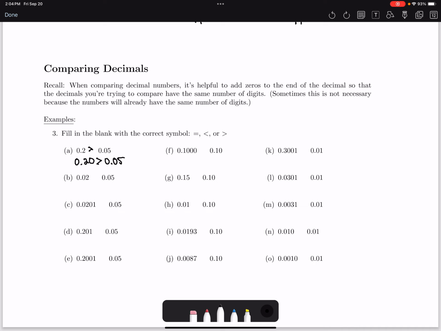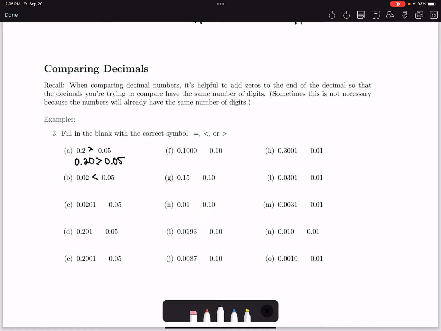If I'm looking at part B, on the other hand, these decimals already have the same number of digits. They both already have 2 decimal places. And so I can compare these really easily as they are, right? Obviously 2 is less than 5, and therefore 0.02 would be less than 0.05. So